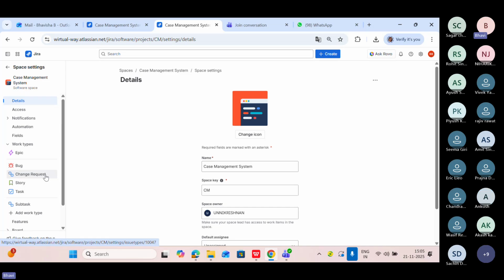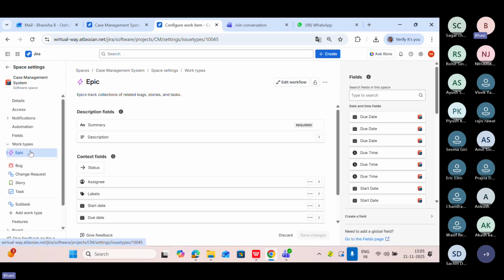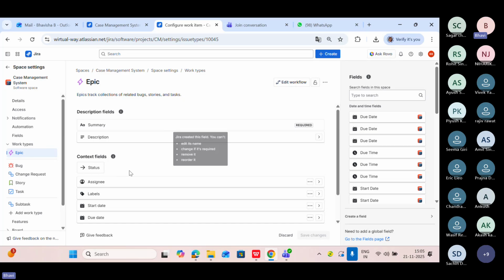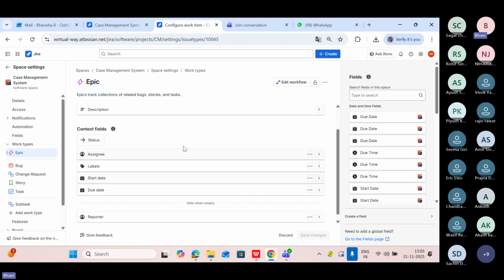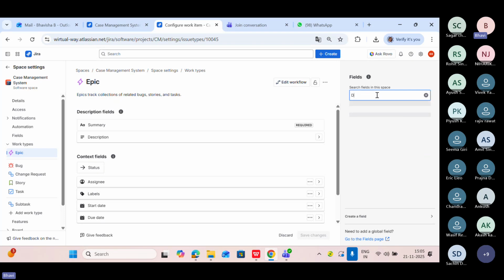Okay, so here you can add the fields. When you click on Epic, it will ask what you need to add, like the description fields and context fields. I have already added these earlier, when I created this project. But here, on the right-hand side, you will get a type-to-search option. When you search for a particular field, you will get it on the right-hand side. You just have to drag